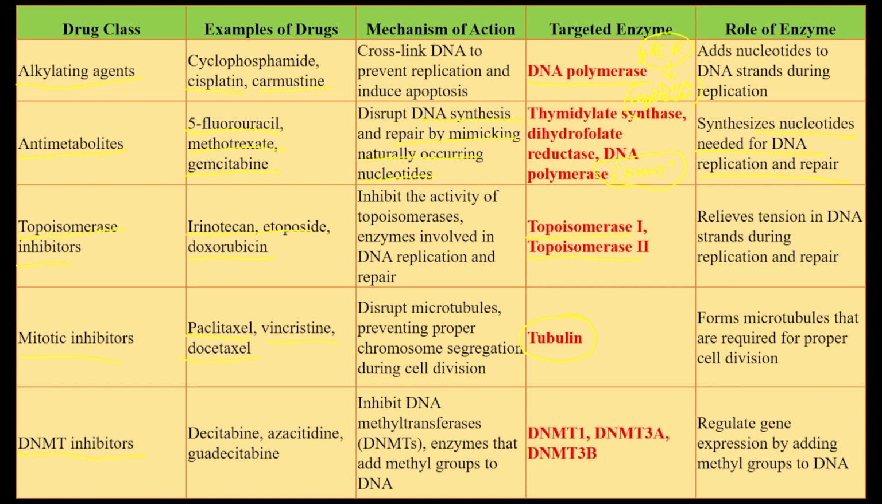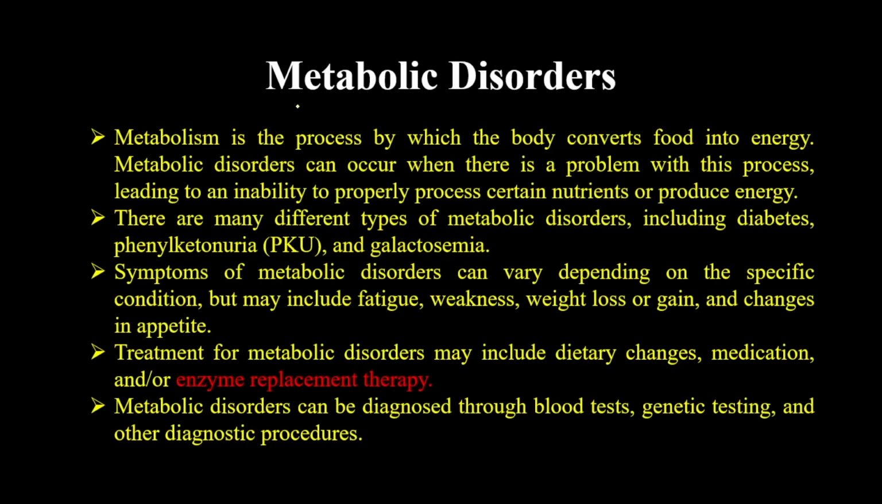So the DNMT inhibitors are going to inhibit the DNA methyltransferase enzyme that adds the methyl group to the DNA, and the enzymes are DNMT1, DNMT3A, DNMT3B, which regulate gene expression by adding the methyl group to the DNA. Then we have taken another example of drugs, which is for the diseases where you have metabolic